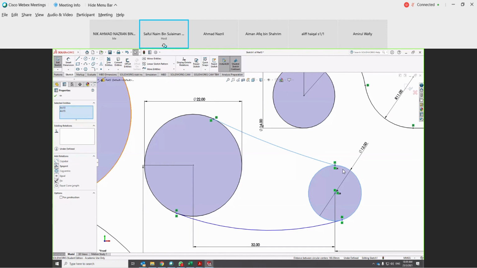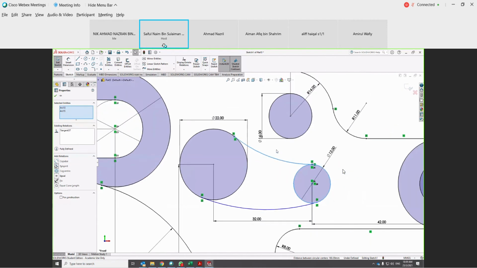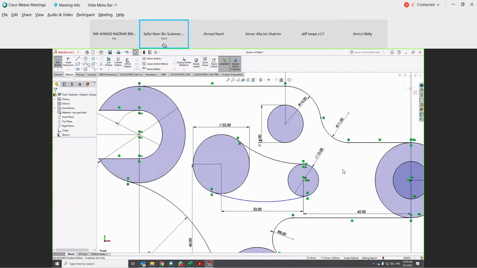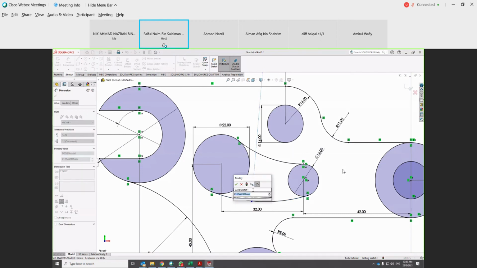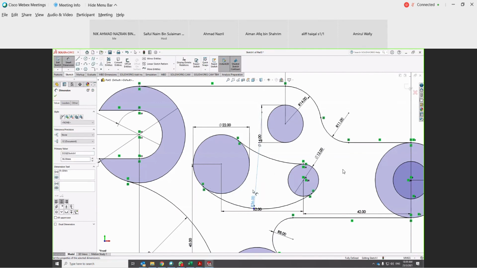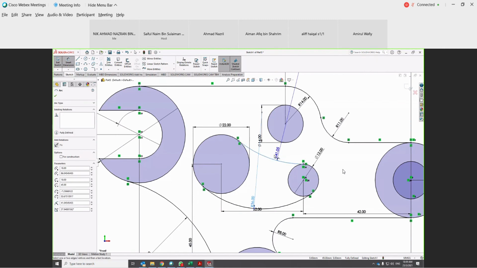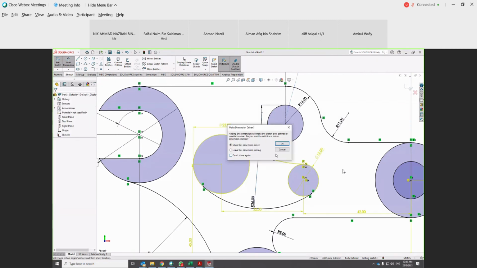And then click tangent. Okay. And then start smart dimension, measure the radius here. This radius should be 36. And the upward radius should be ni